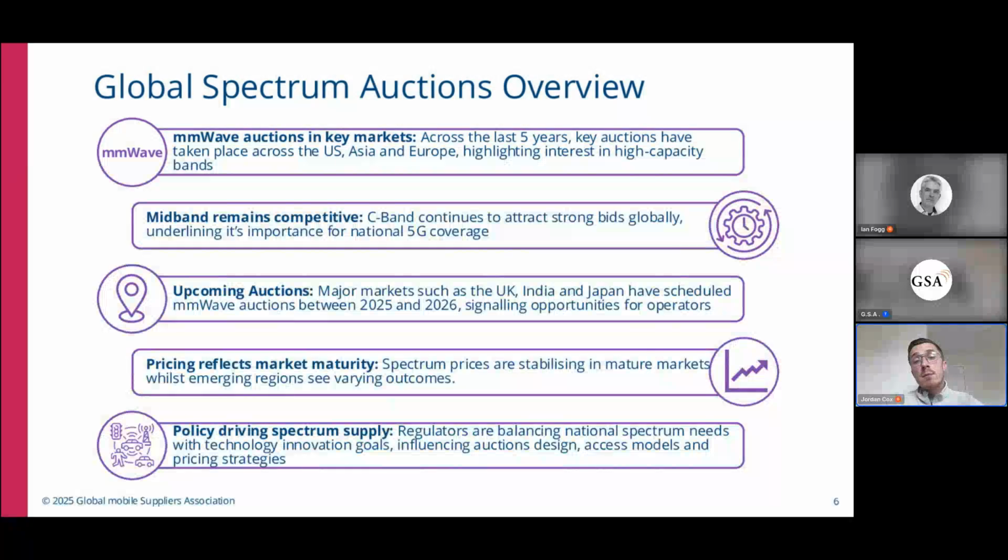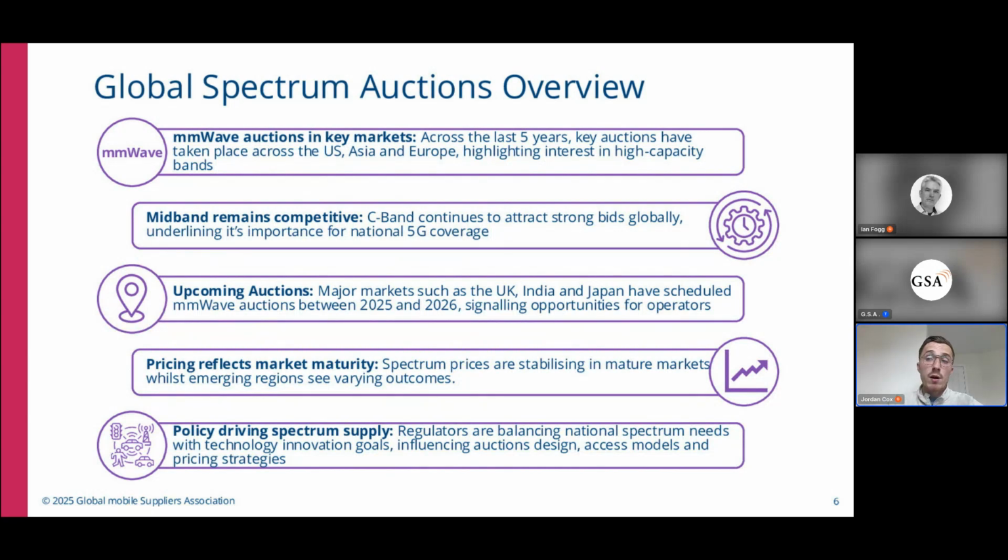So let's begin by looking at the global landscape for spectrum auctions, particularly trends we've seen across mmWave and mid-band spectrum. Over the past 5 years, we've seen mmWave auctions taking place across a range of key markets, including the United States, South Korea, Japan, Italy, and more recently, Brazil. And these auctions have highlighted a growing interest in high-capacity bands that can support ultra-fast, low-latency 5G services, particularly in